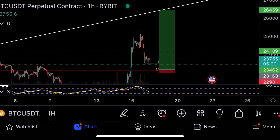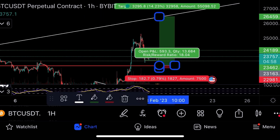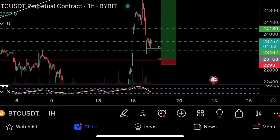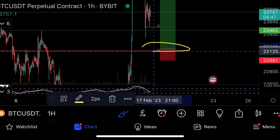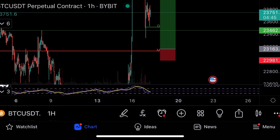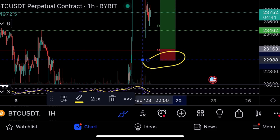That's the trade I'll take on Bitcoin. 18 to 1 risk to reward, risking 182 to make 3,295, and with 10x leverage, 32,000. Opening the trade at 23,163, which is down there. That's the trade setup, where the support was. Stop loss is at 22,981, and take profit is at the top,